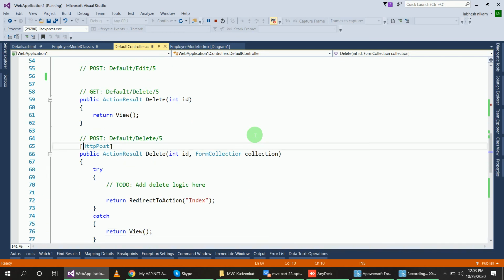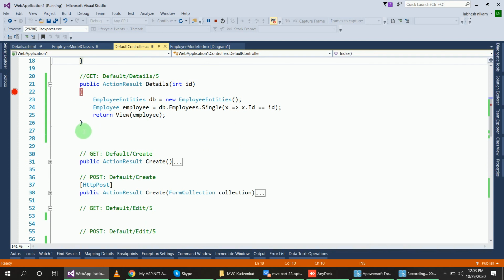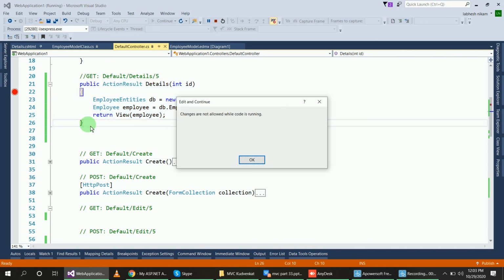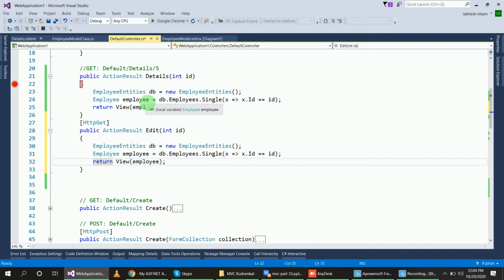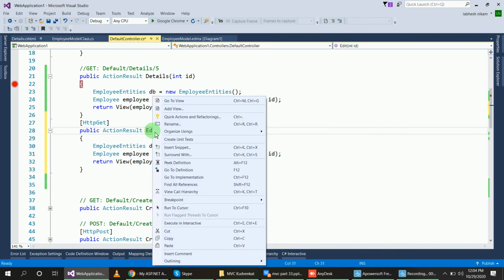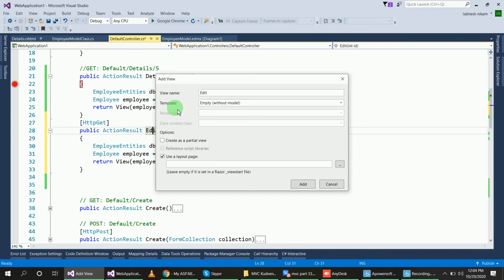So write the method for editing. Copy this, and you have to create a new view page. For that, right click on edit, click on add view, and we will pass the edit model template. Okay, so edit,